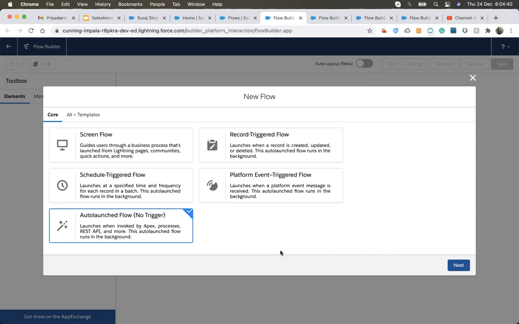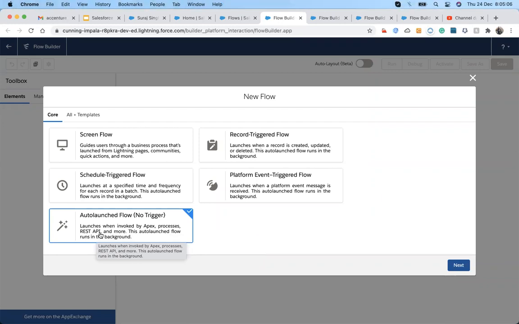So let's have a look at how it works. It is also possible to call a flow via Apex. Apex can pass the values to that flow, and the flow will do all the job. That's also helpful. We just pass the value, or it can also be called from the REST API, as mentioned.